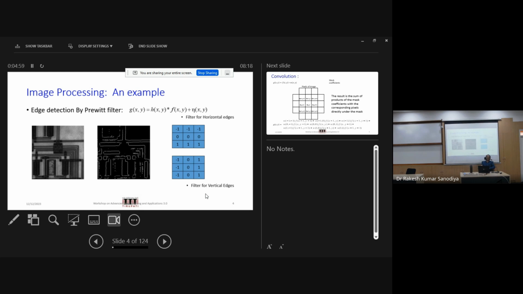So how do we get the different objects and their boundaries separated? One of the very well-known processes for that is finding edges, which highlights the object boundaries and subsequently separates the objects. How we find edges is essentially through the process of